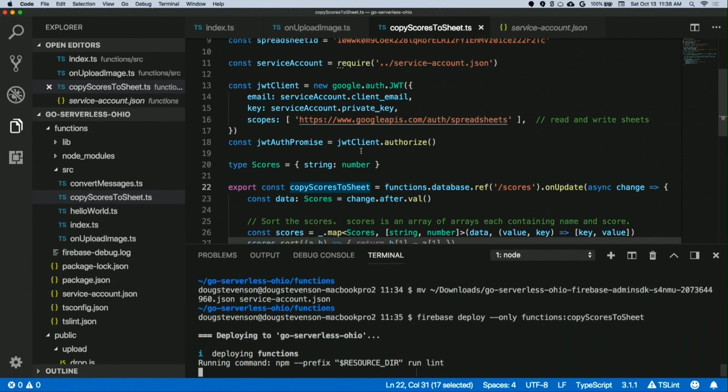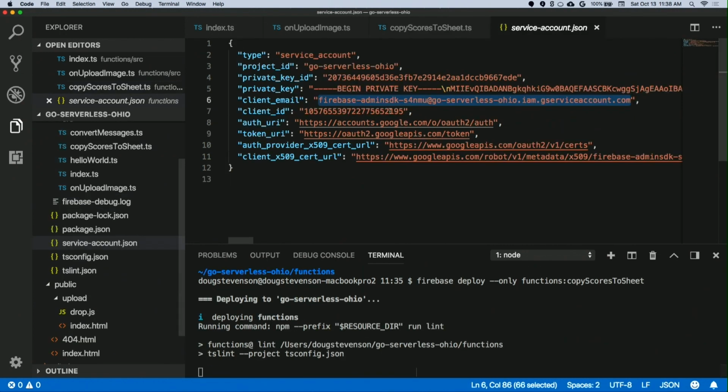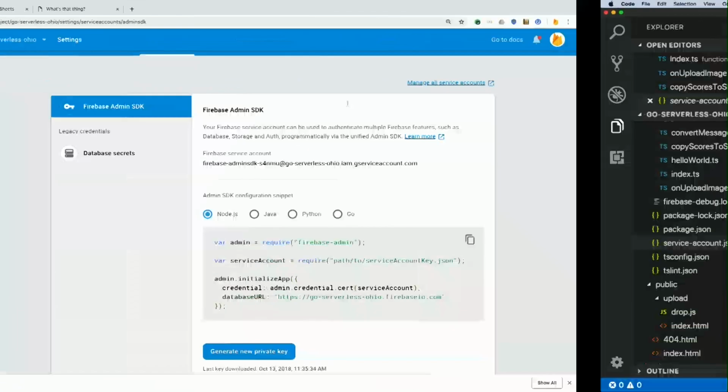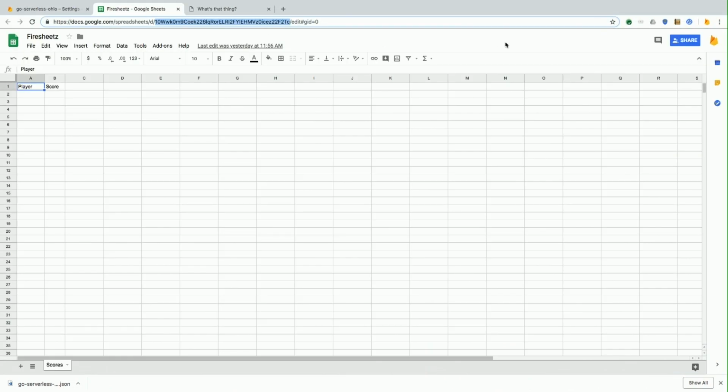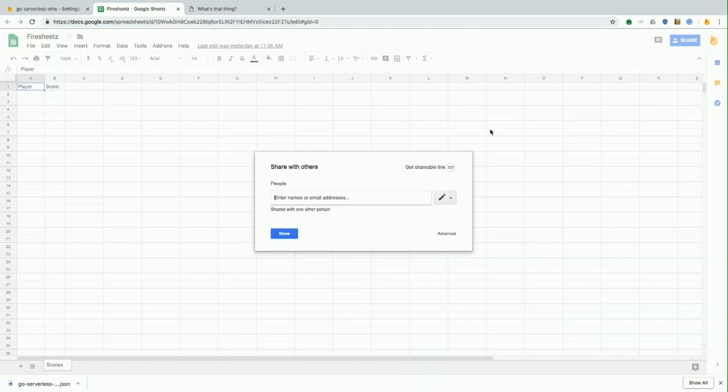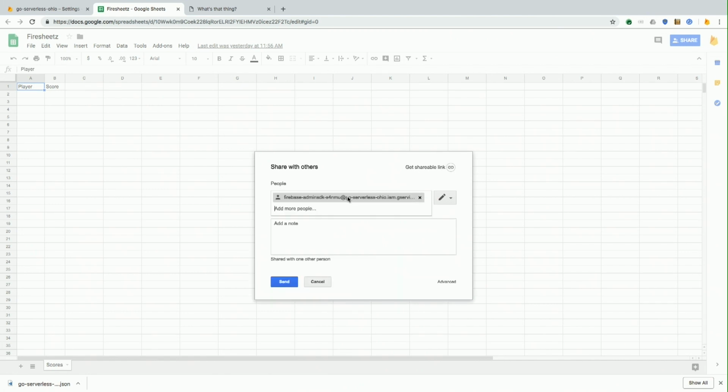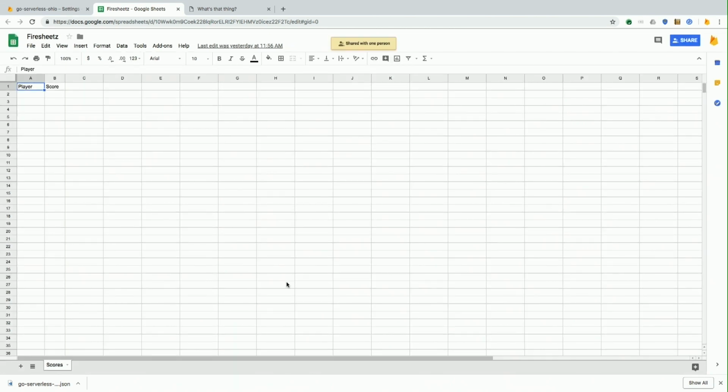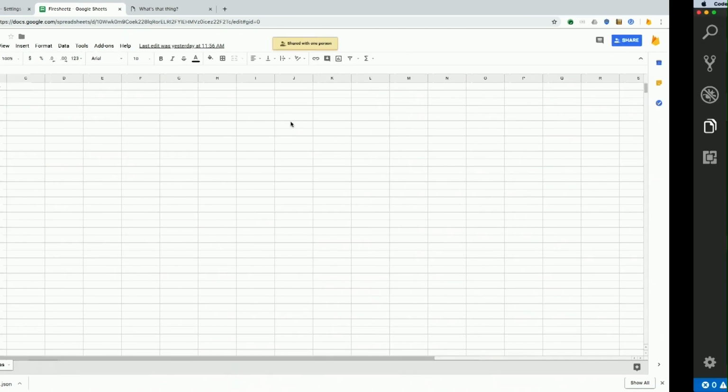Now, the other thing I need to do is take that email address, and in my spreadsheet, I actually need to give this account access to that email address. So what I need to do is give edit access to this service account. Otherwise, it wouldn't be able to read and write that sheet. So when I've done that,